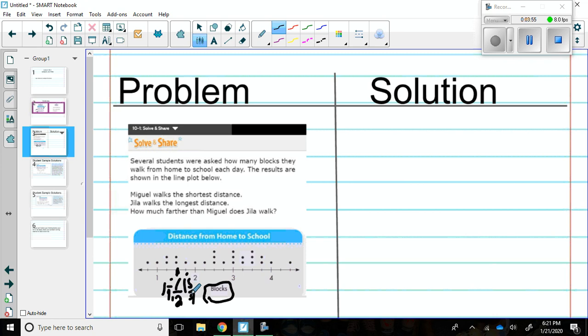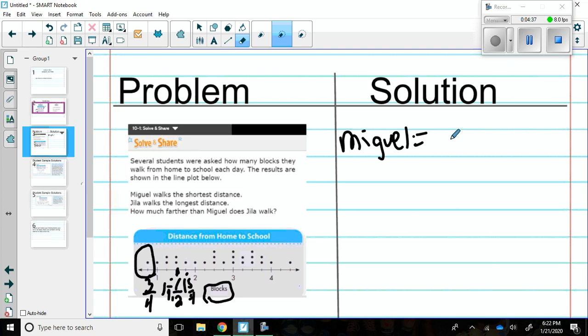So when I do this, it asks Miguel walks the shortest distance. Because this is blocks, I know the shortest distance walked is this number right here. That dot would represent Miguel. There's 1 dash before the first whole number. Now, knowing that each one of these dashes is a 4th, I know the first fraction before the whole would be represented by 3/4. So Miguel walks 3/4 blocks. I'm going to erase that because that looks sloppy. So Miguel, again,